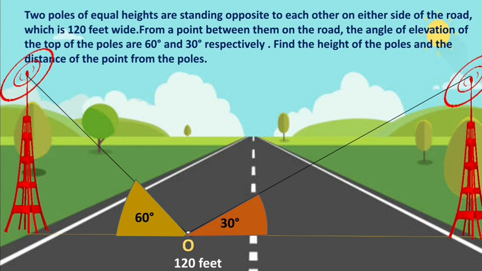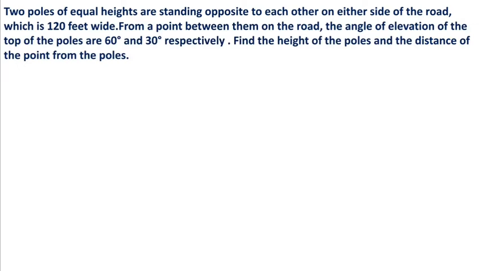This is an important point here. Observe that when the distance between the pole and the point is low, we get the more angle. So consider 60 degrees for this tower. And here the distance between the point and the pole is more, so we get the angle as 30 degrees. Less angle we get here. This is the given concept, and we have to find out the height of these two towers and also the distance between this pole and this O, and this O and the second pole. So we can draw the diagram like this.